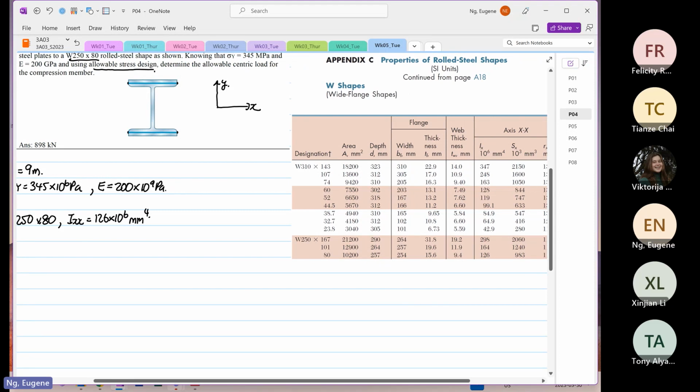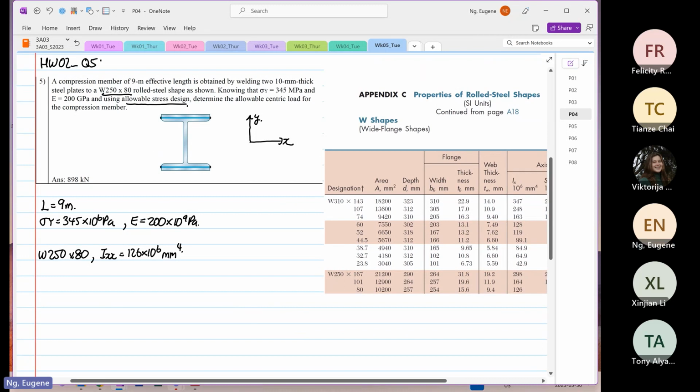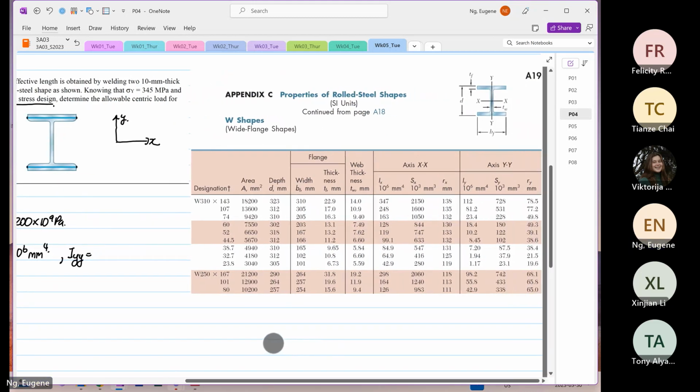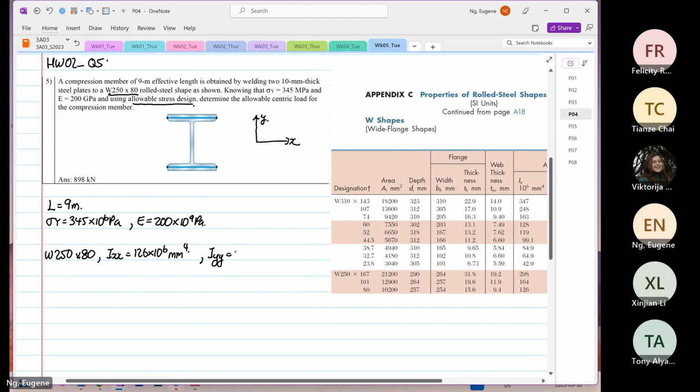Okay, so we know that we have two plates welded, right? So we want to find the IXX total. Now, before we go on, we also know what our IYY is. IYY is equal to 42.9 times 10 to the power 6